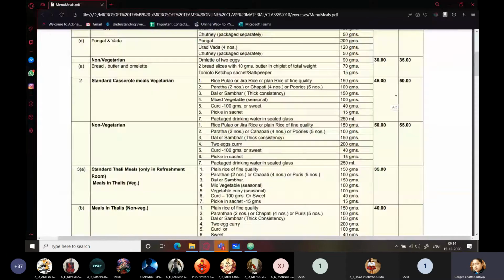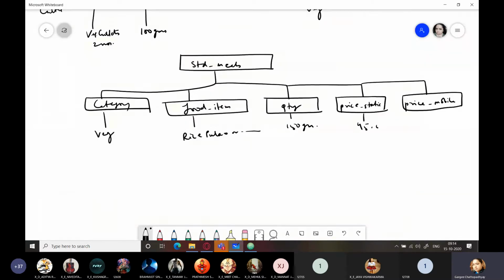You can see over here 45. What is the mobile price? It is 50. Fine. So that makes your standard meals, whether it's veg or non-veg. You just have to keep writing data here. So this part is your content part. Same way, this is also your content.